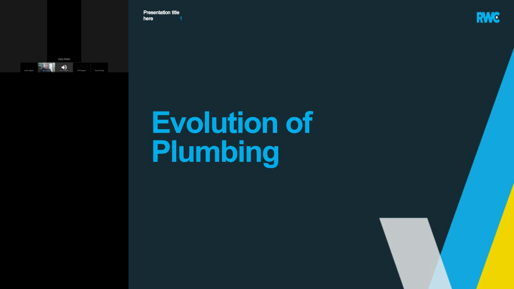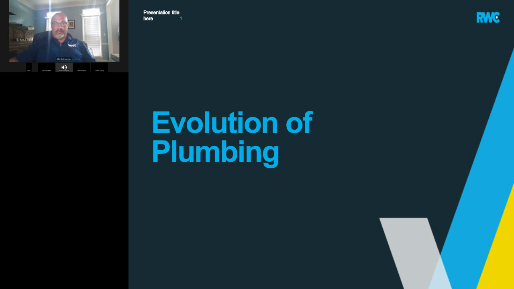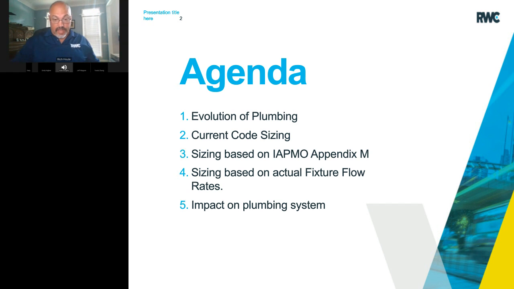All right. So as Emily touched on about right-sizing plumbing, we're going to get into that a little bit at this point in time. We are just going to scratch the surface of this topic as we don't have a ton of time, and we could chat about this for hours, as Gary and I have done. But we're going to talk a little bit about the evolution of plumbing, what our current sizing methods are, a little bit about sizing with the calculator from iAPMO Appendix M out of the UPC, and then talk a little bit about taking that a step further to sizing based on actual fixture flow rates. That impacts basically your branch lines. And then we're going to talk about the impacts of oversizing plumbing systems on water quality, just very briefly,